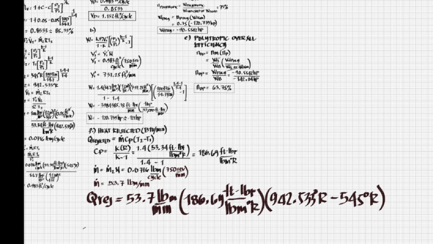Now, by pressing my calculator here, my Q rejected is equal to, it is long, no? So it is equal to 3,985,569.406. Now the unit is foot pound force per minute,